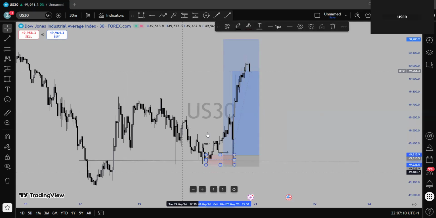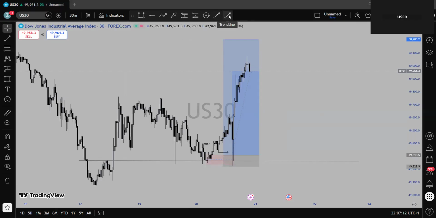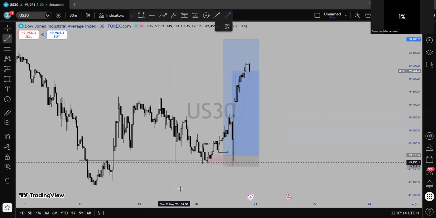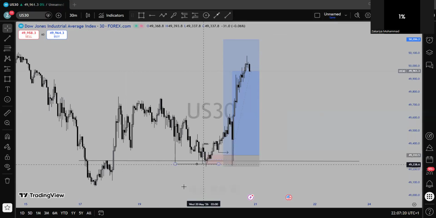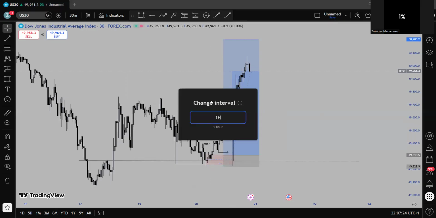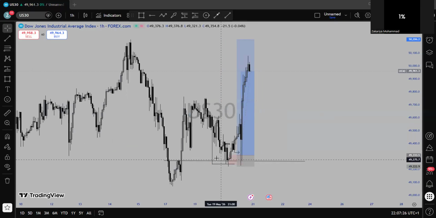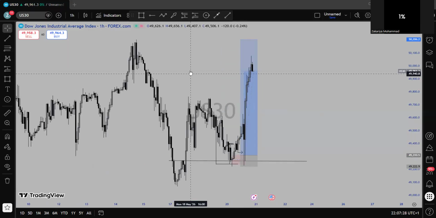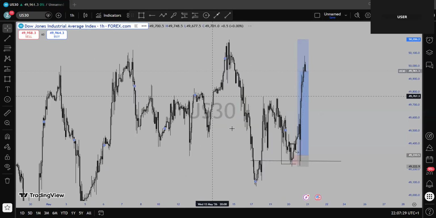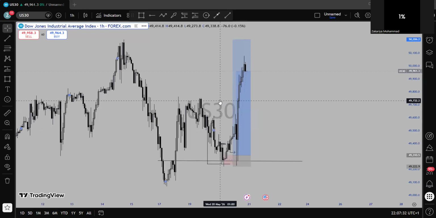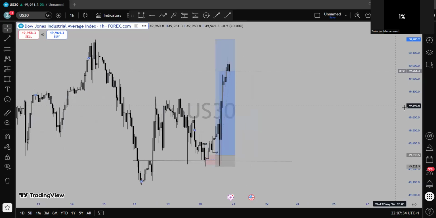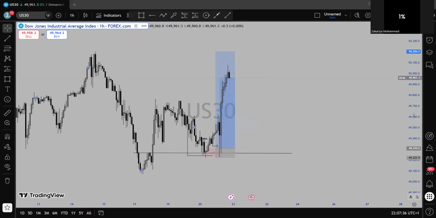Yes, this is a protected low because it just took out liquidity. It took out this liquidity, so it's a protected low. You cannot call it an inducement candle. It's part of the order block. If you change the time frame, maybe you go to 1 hour, you see that it's part of the order block. Can you see? Yes, I've seen it. Okay, you have to go, guys, and check different price action and check this one. Go and check the current